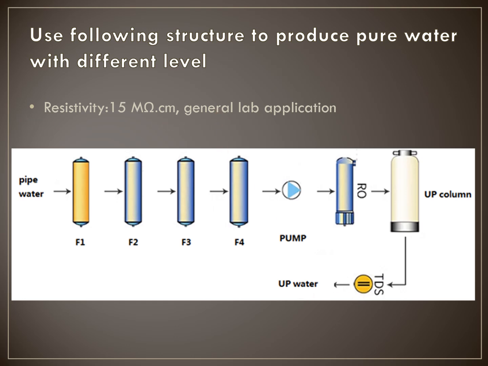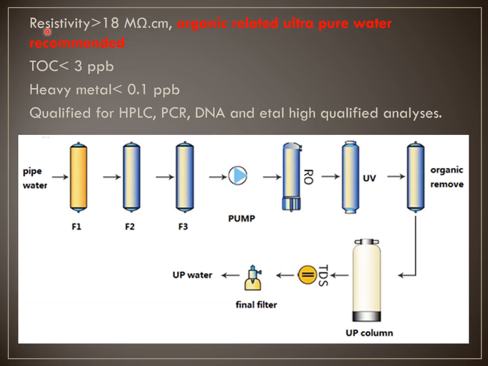If you need ultra pure water, with resistivity much higher than 18, it means this is type 1. At the same time, this type 1 you will use for organic related